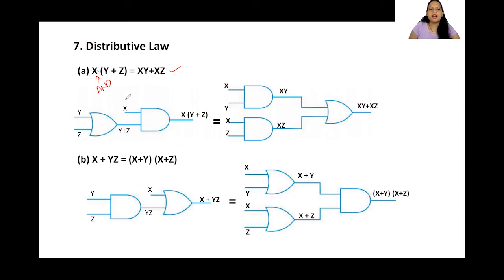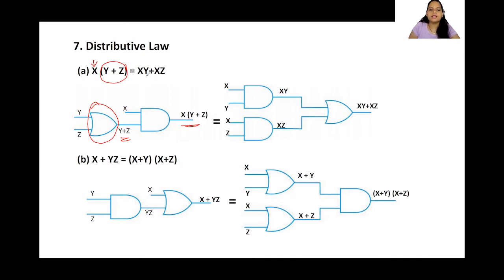Fine. So let's see how the logical diagrams are written here. See here, first let us do what is inside the bracket, which is y OR z. So I'm giving y and z to an OR operator. So I will get this output. Now I have to do AND of that entire thing with this x. So I'm giving x and this output as an input to the AND. Okay, then I will get this particular expression.